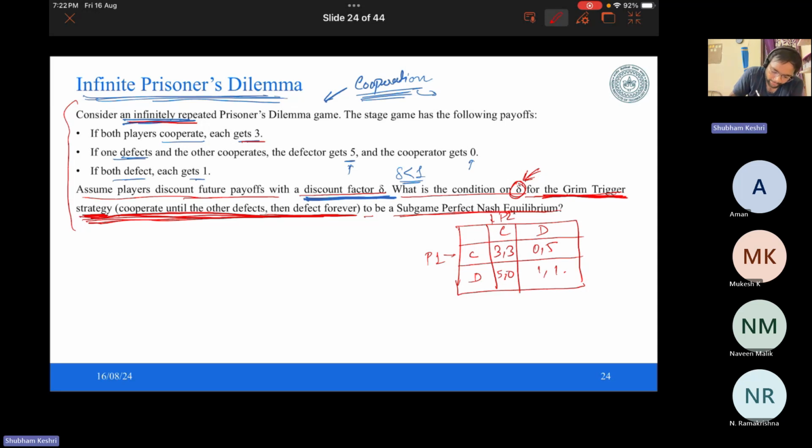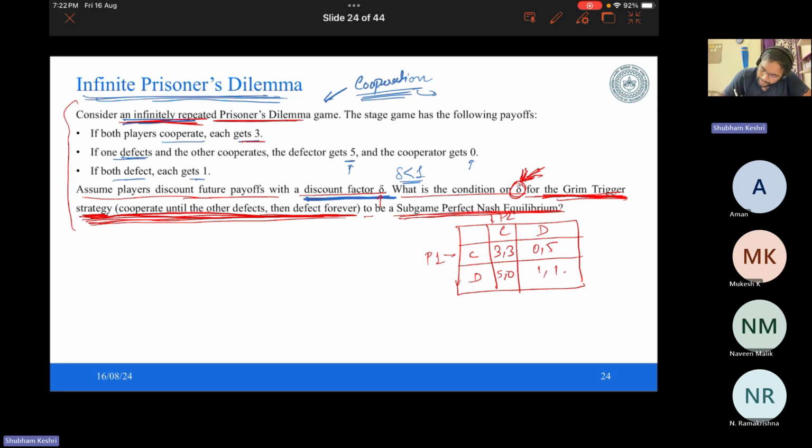This game is played for infinite horizon. What is the game? The game is prisoner's dilemma, and the future payoff is getting discounted, and we are trying to find that delta for which this grim trigger strategy is triggered, and the game becomes a subgame perfect Nash equilibrium. We have to find that value of delta such that the game becomes subgame perfect Nash equilibrium. You see,